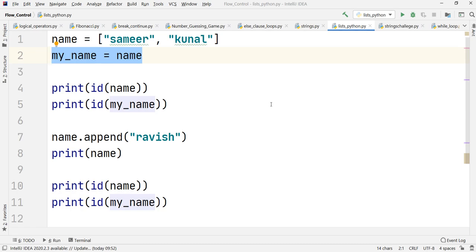I hope using this simple example you have understood the difference between mutable and immutable sequences. We have also seen how to use the append method to add to an existing list, and how, even though string and list are similar as sequences, they are quite different in terms of mutable and immutable. We are going to see more about lists in the coming video, and I will see you over there.